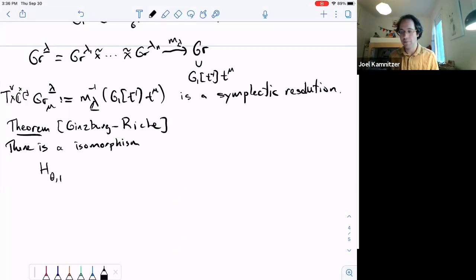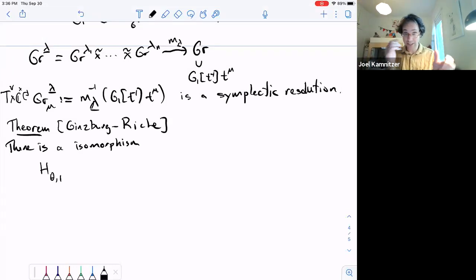From the viewpoint of the symplectic resolution, the C star action is what's called conical, and the T check action is the Hamiltonian action. I'm going to take equivariant cohomology for these two actions, but I'm going to specialize at the parameters theta. Theta was my parameter I had earlier, and 1. So 1 for the C star equivariant parameter, or you could say H bar. I'll call it 1. So this specialized equivariant cohomology